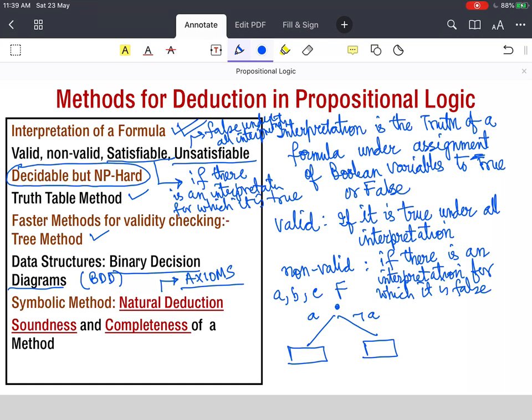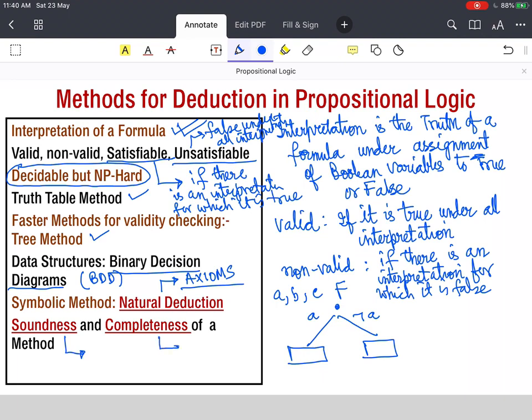All of us remember the axioms of Boolean logic. Using them, we could show how to do it without writing a truth table, but by simplification of formulae, which we have already done in school when we have done Boolean formulae. And this natural deduction or axioms are both sound and complete.